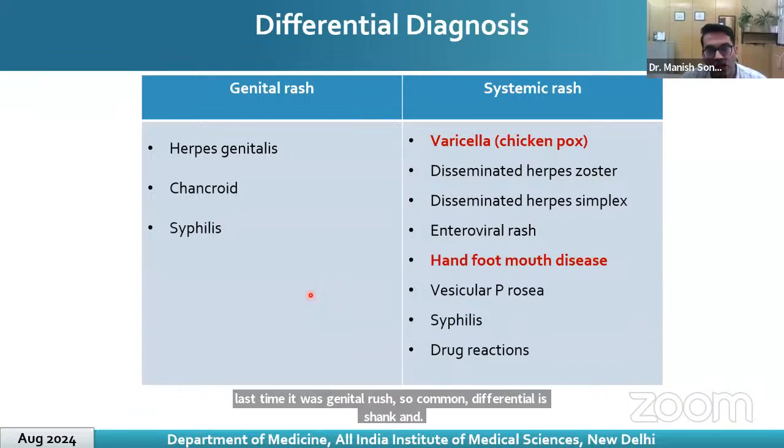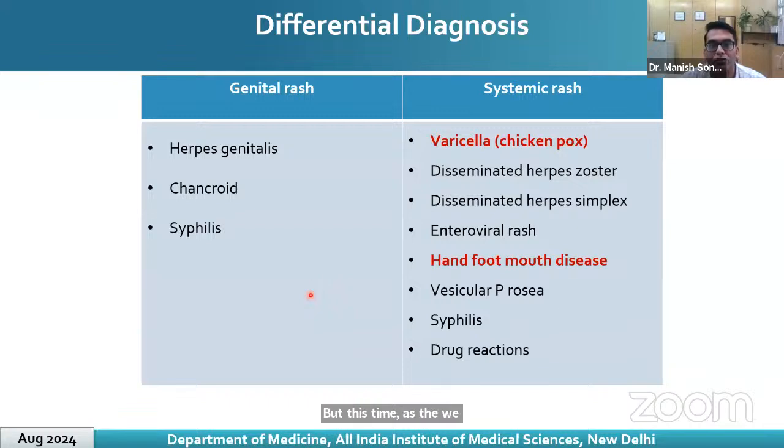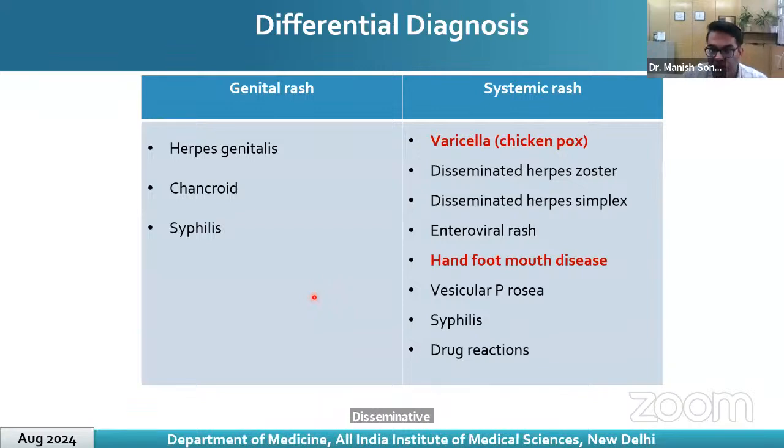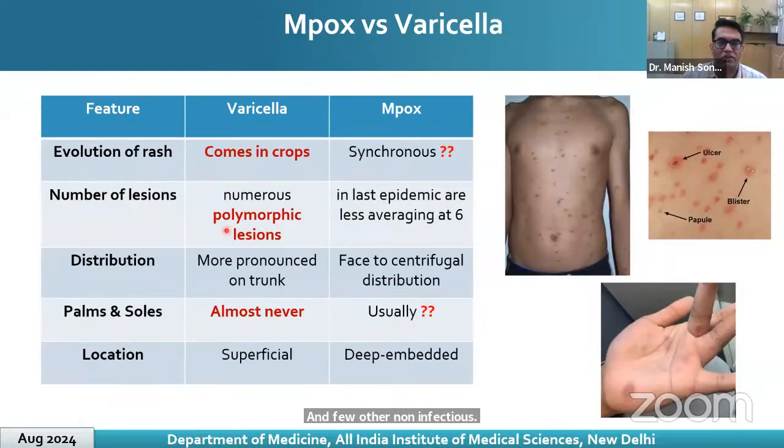But this time, as we have very scant data, but whatever there is, it seems a systemic rash is going to be much more common. Children and the young population are going to be affected more. So common differentials in our setting would be chickenpox, varicella, disseminated zoster, disseminated herpes simplex, enteroviral rash, hand, foot, and mouth disease, syphilis, and a few other non-infectious causes. So let's see how do we